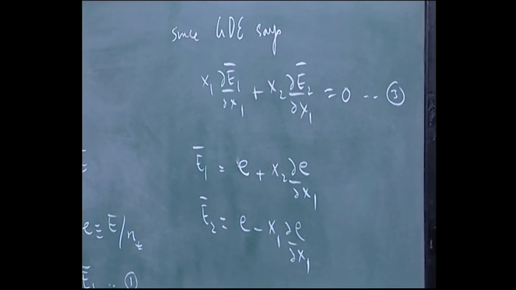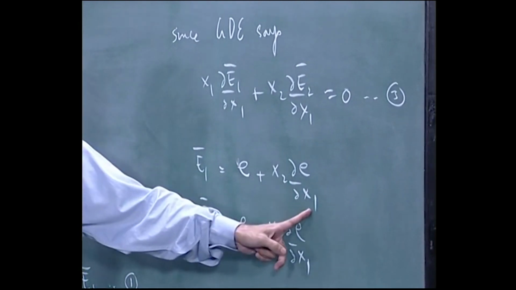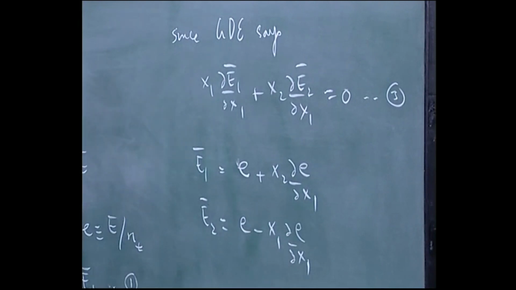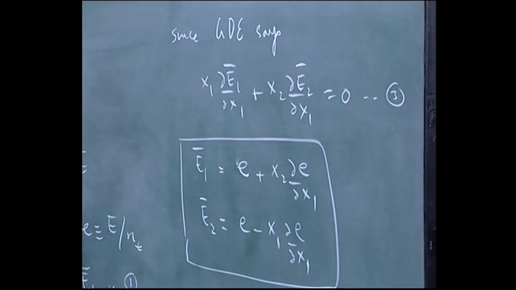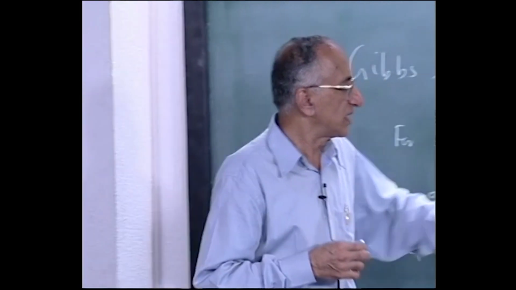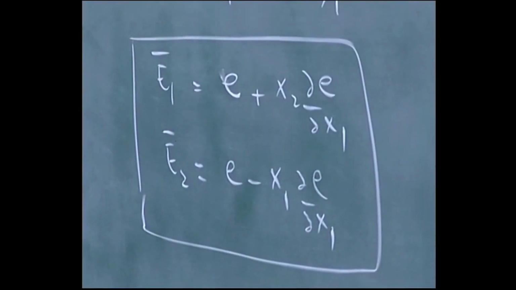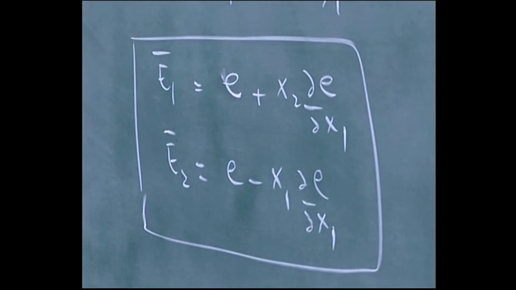Just switch 1 and 2, but differentiation with respect to 2 is same as differentiation with respect to 1 with a minus sign. So this is the simplest way of solving for E1 E2, and it has the advantage that because there is 1 degree of freedom, these equations are symmetric. You can simply model E and you do not have to model any one of the components. So if you have a model for E, then you automatically have